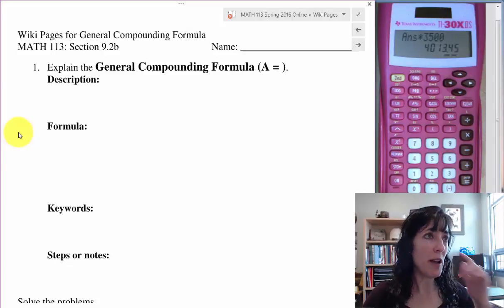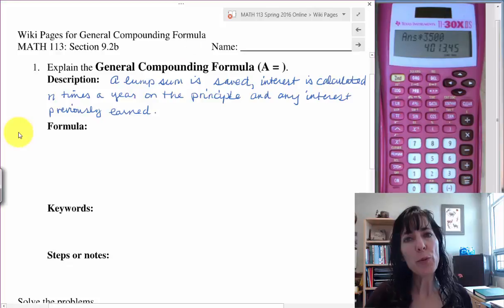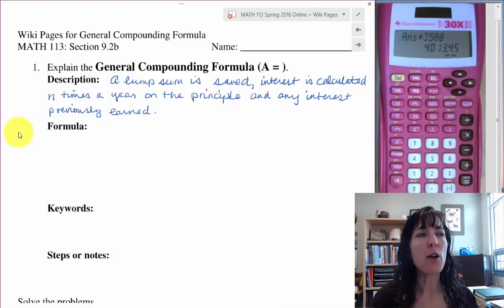First thing is I want you to have a description, and if you can get it from my video, what I've said about the formula, that's a really good place to start because that is going to help you distinguish between all the formulas that we do in this chapter and which one you need. So remember, the general compounding formula is different from the simple interest formula in that when you put a lump sum of money into an account for savings, interest gets calculated n times a year instead of just one time at the end, and it's calculated on the principal and any interest that got calculated before the time of the